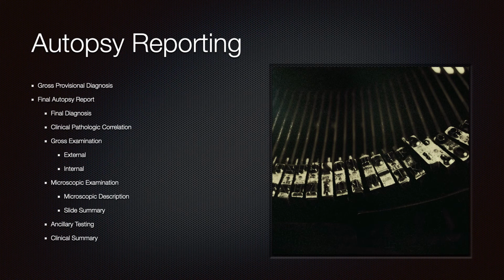So the final autopsy report will incorporate multiple sections, including the final diagnosis, where you pull everything together, and the clinical pathologic correlation, which is the opinion part of what is happening: what you feel the clinical outcomes were, how they correlate with the autopsy findings, and what your cause of death opinion is. The gross examination is a separate section where you're dictating all of the findings of the gross in very detailed fashion, and the microscopic